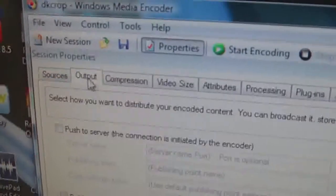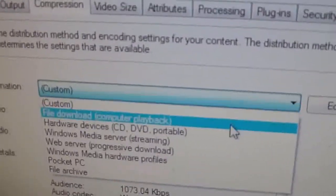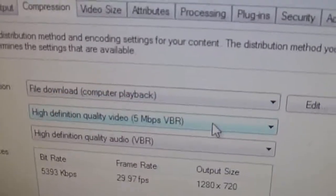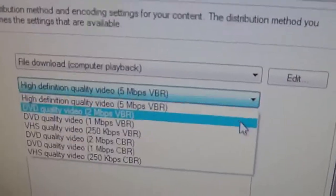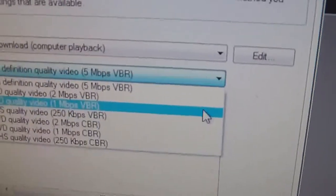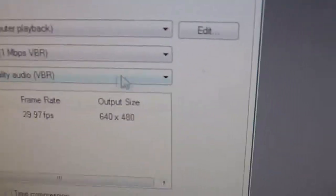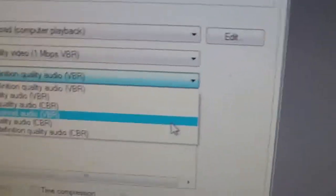See, there's sources, output. Then you go to compression, and what you want to do is you change custom to file download. There you go. And then it gives you all of these options. You don't want high definition quality video. You actually want DVD quality video, 1 mega whatever per second, VBR. And then we go to high definition quality audio, and you want to change that to CD quality audio CBR,